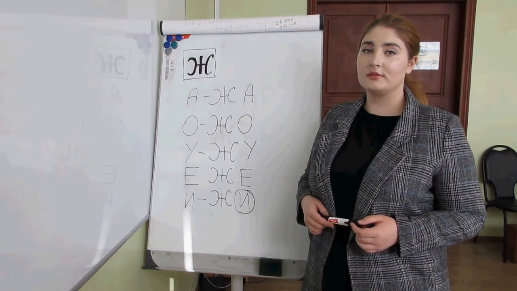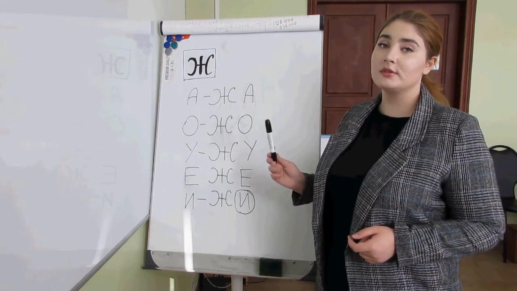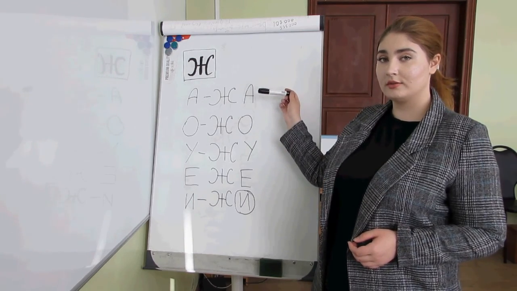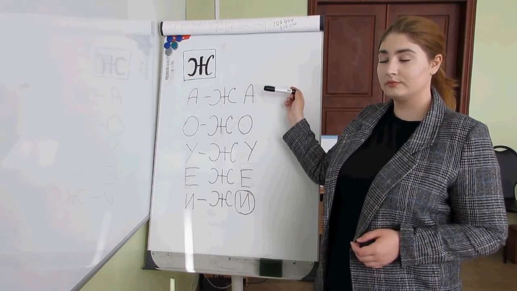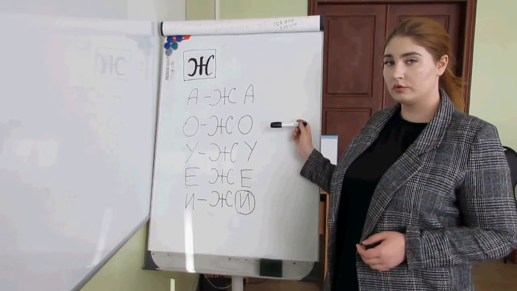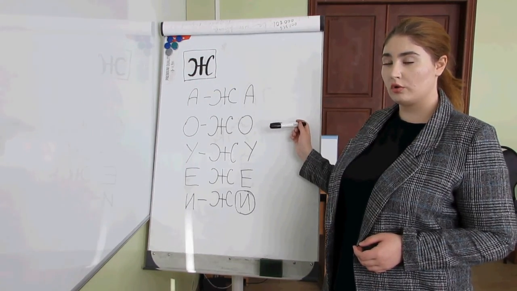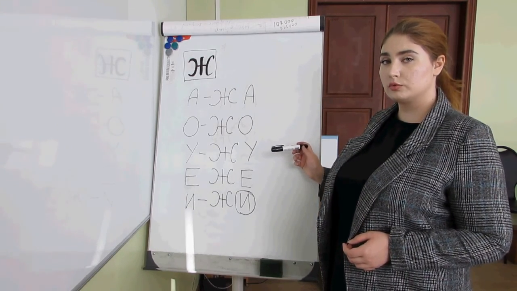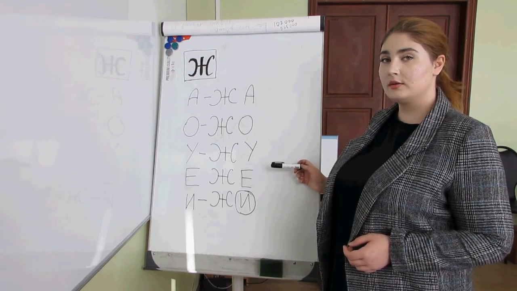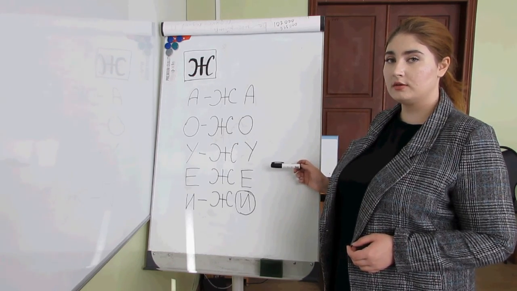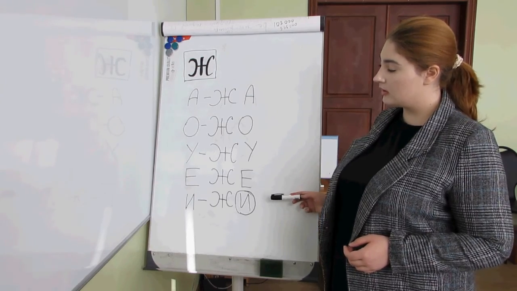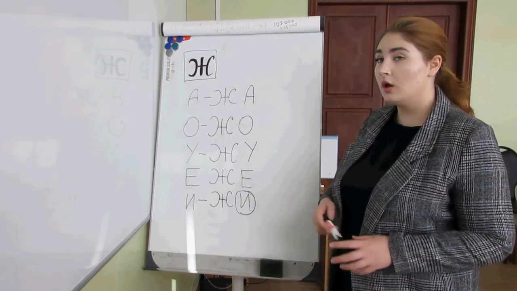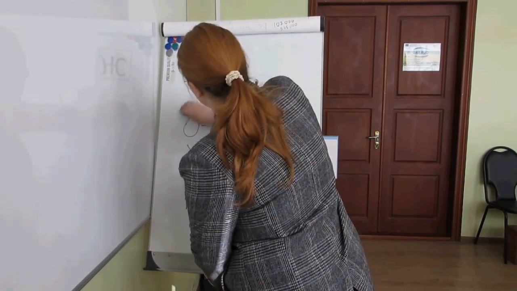Now I added the vowels and formed our syllables. Let's read. А, жа, о, жо, у, жу, е, же, and и, жи. And now I'm going to add